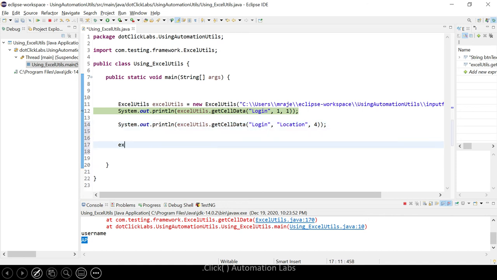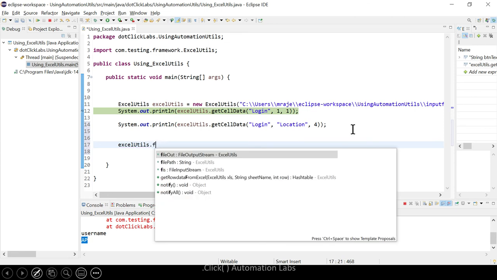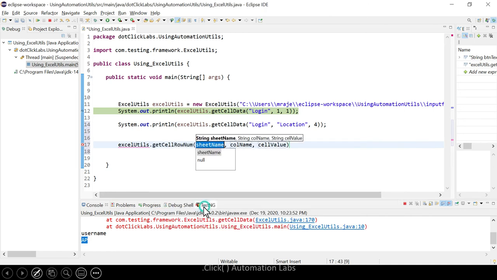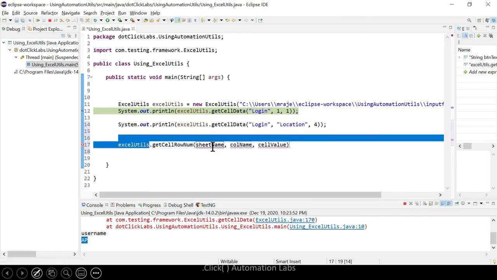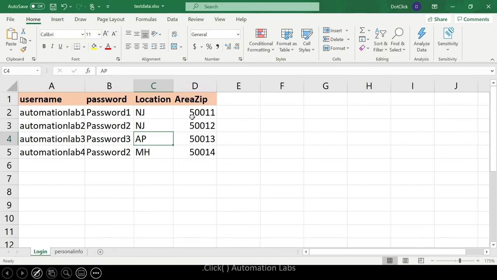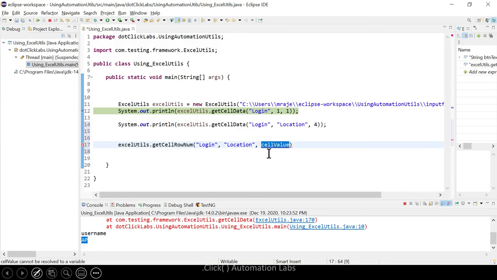Excel utilities dot get cell row number. If you want to get the row number, you can mention this. Login, and saying, can you find out the location, if I say cell value MH, then it should give you that particular row number.